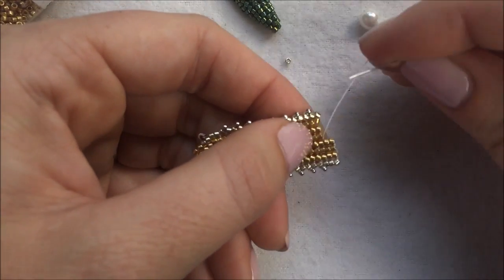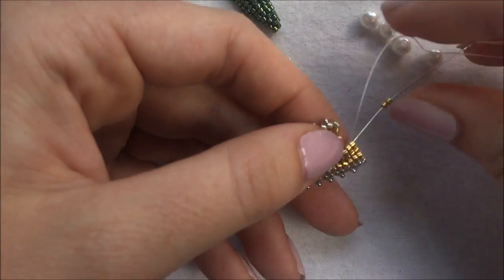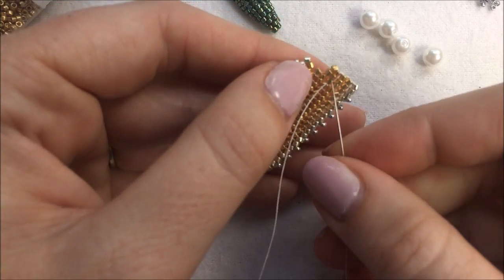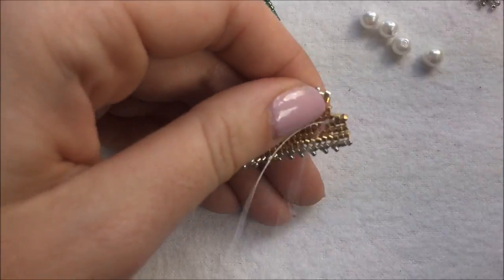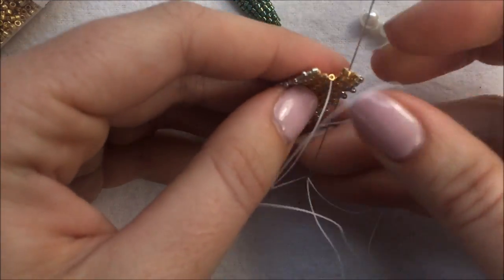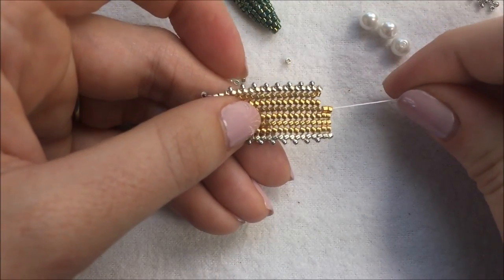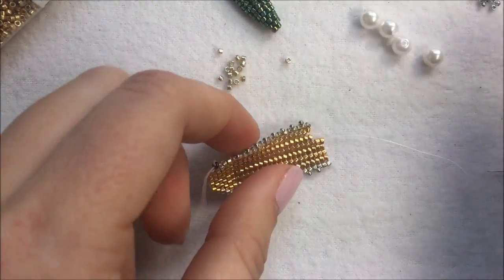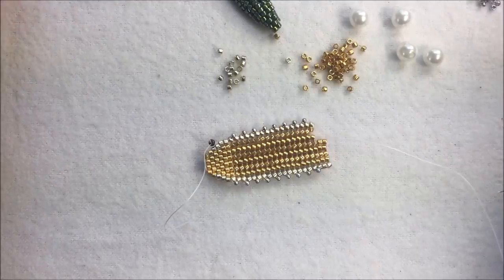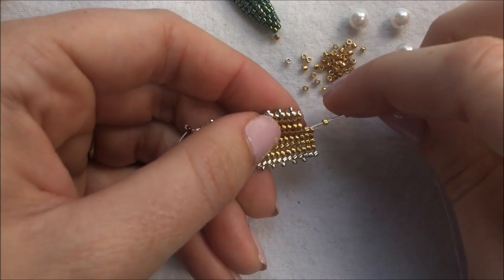Add 2 more beads, so back through the 3 here on the previous row. That pulls those 2 beads in, back over to the next herringbone row, and up through the 2 beads that you just added. And that's going to connect that row in. So you can see you're adding that ladder stitch in. I'm going to dump out a couple more gold beads here. Adding that ladder stitch in 2 beads at a time,